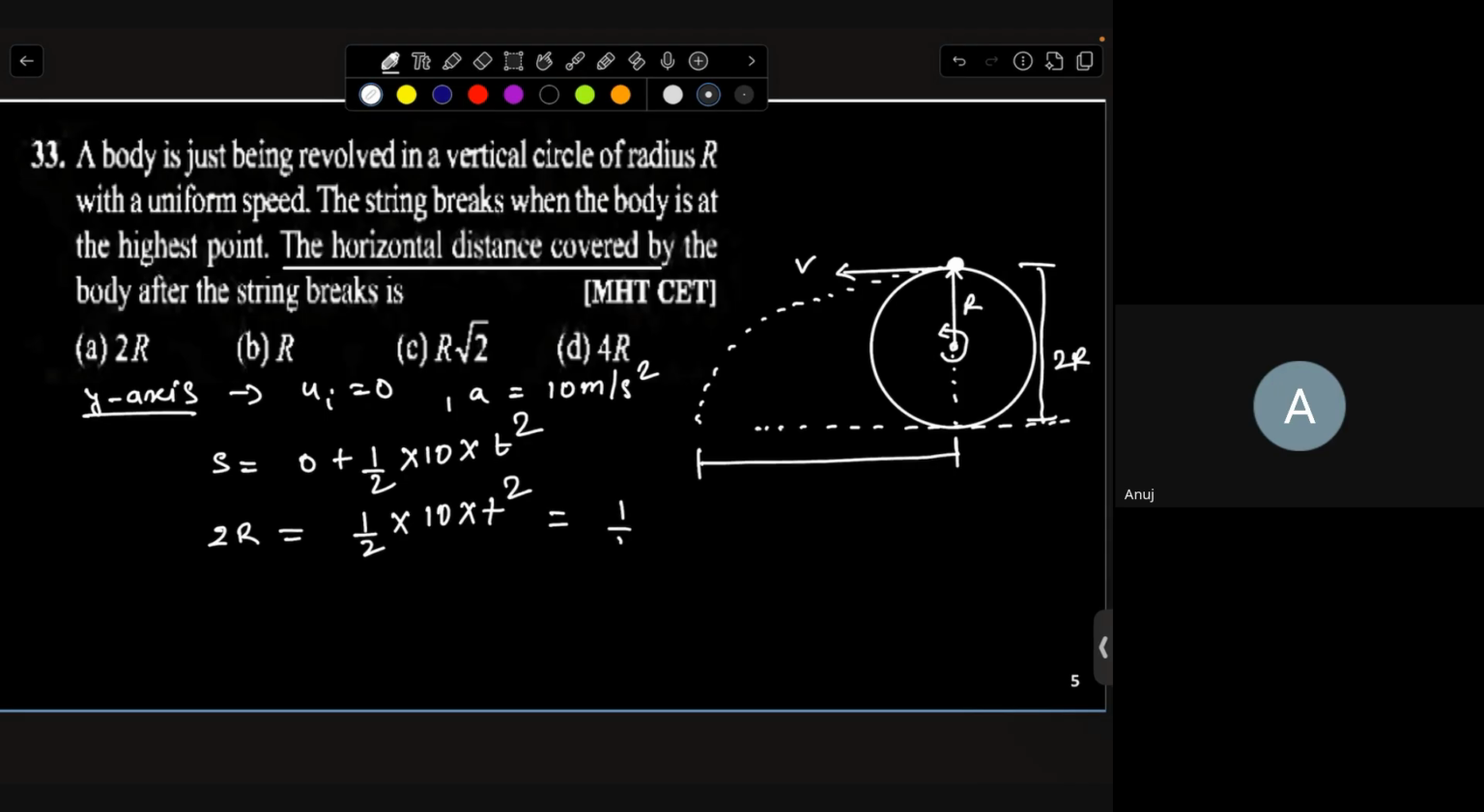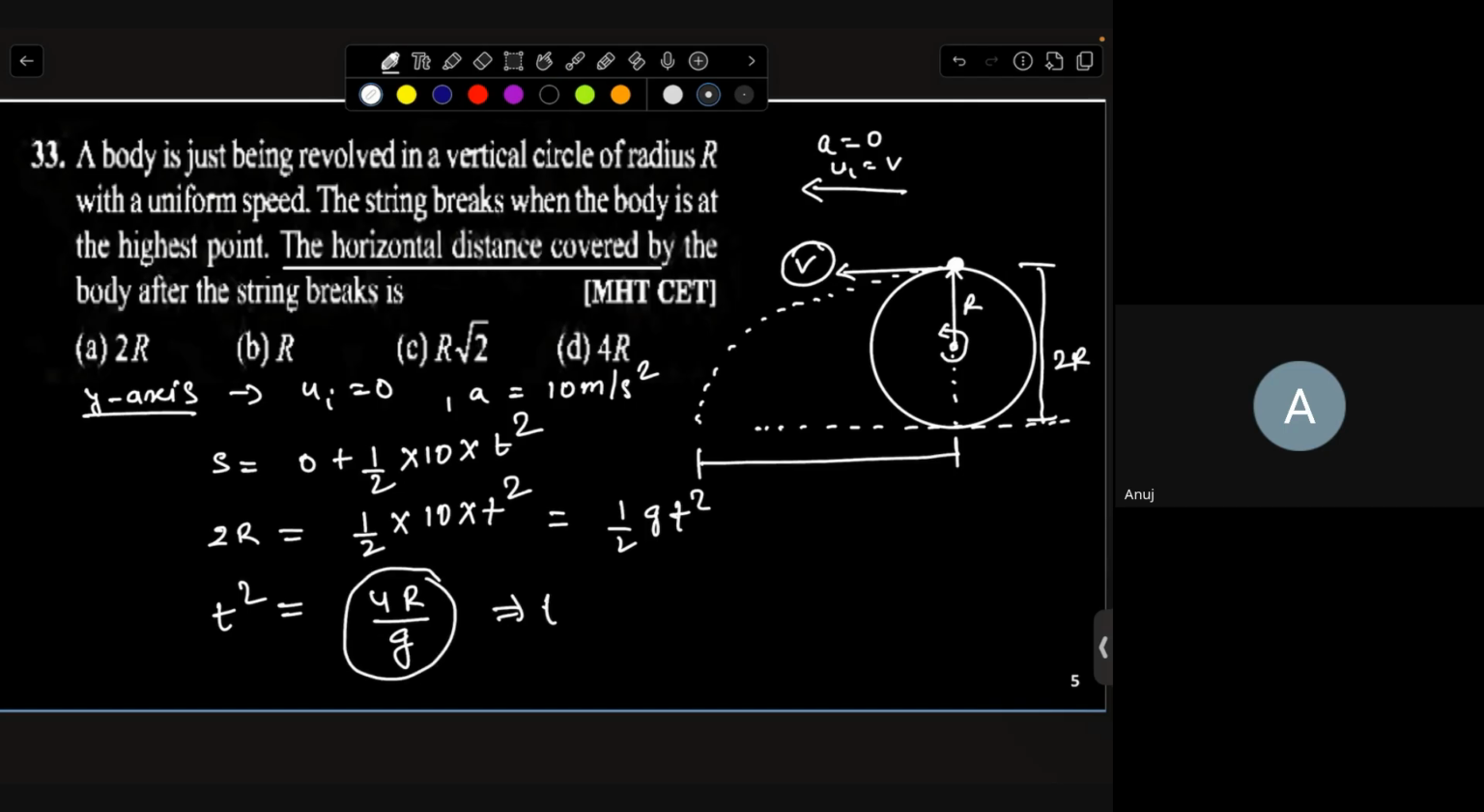Let me keep it as this only. So t square is 4r by g. Correct? Now, we don't know anything about the velocity, and we will be needing velocity, because in this direction acceleration is 0 and it is having initial velocity as v. So the distance it will travel in this time, that is t equal to root under 4r by g,